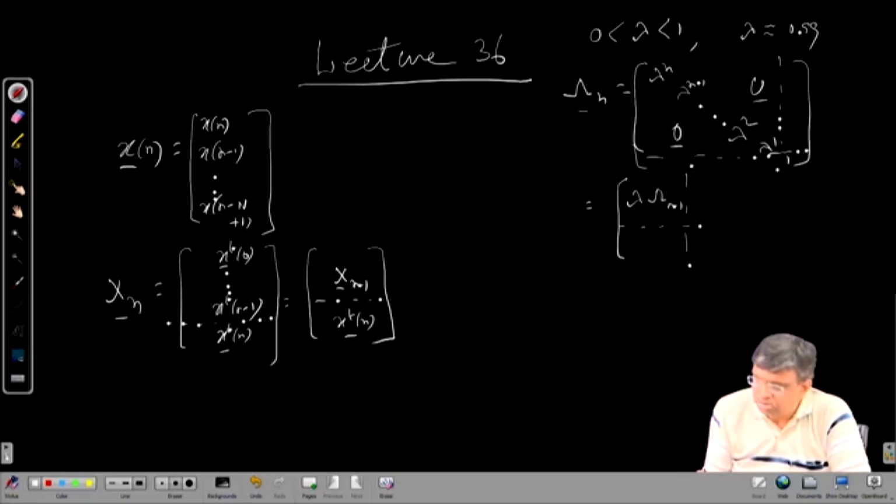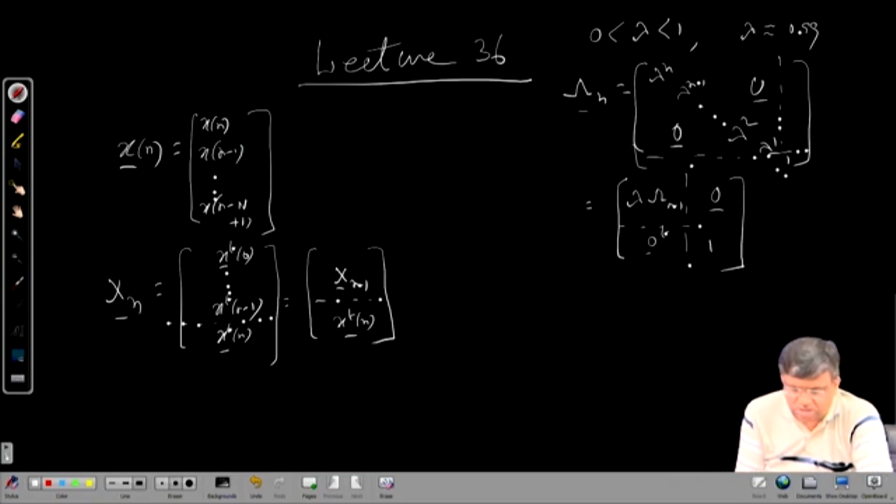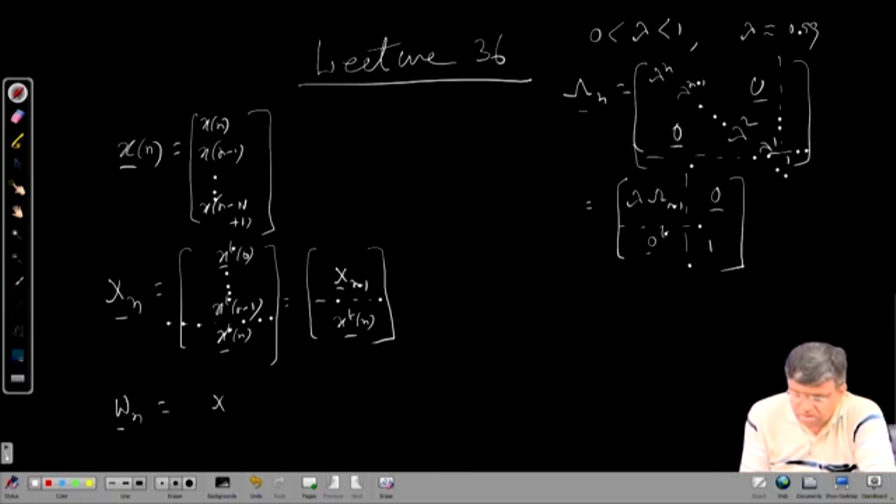The remaining part is 0 transpose, because it is a row vector, and there is a 0 column vector, and this is the 1. This we did. Then the optimal weight was x n transpose lambda n